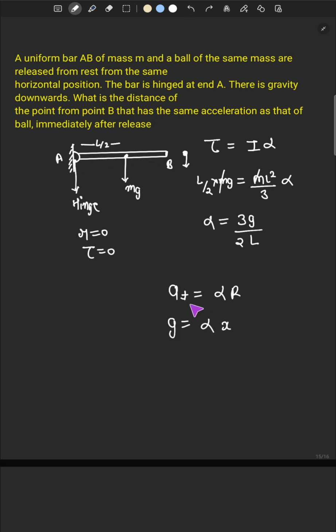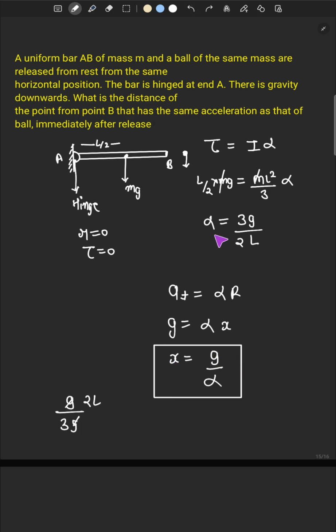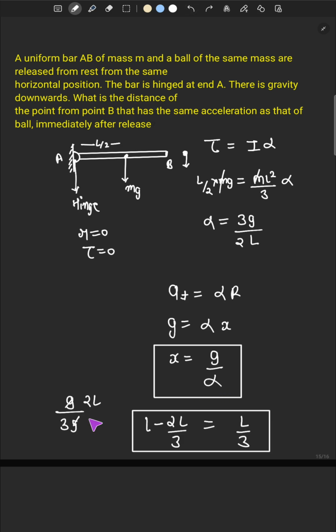Now we want the acceleration to be equal to g. So we put a tangential equal to g, that is equal to alpha x, where x is the distance of the point from A. From here we get x is equal to g by alpha, and we have already calculated alpha, so we put this value down here. From here we get x is equal to 2L